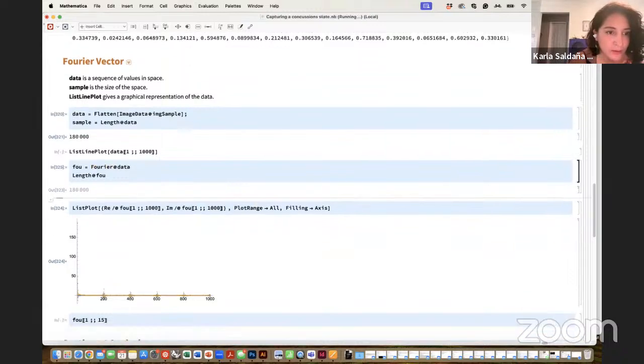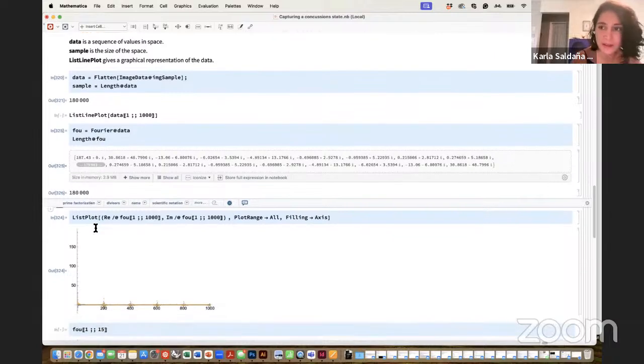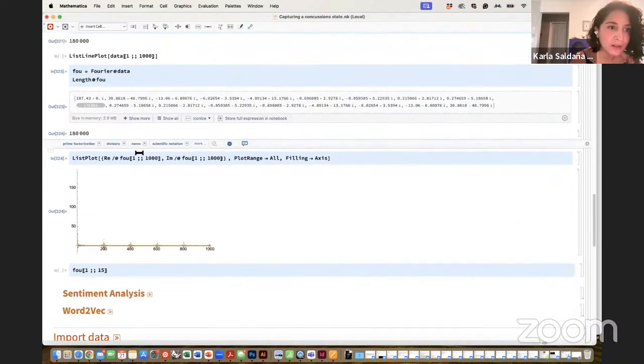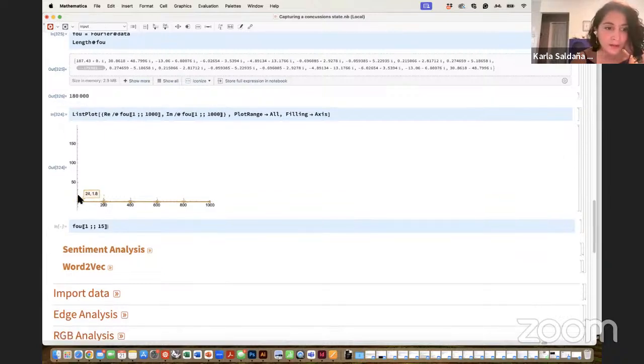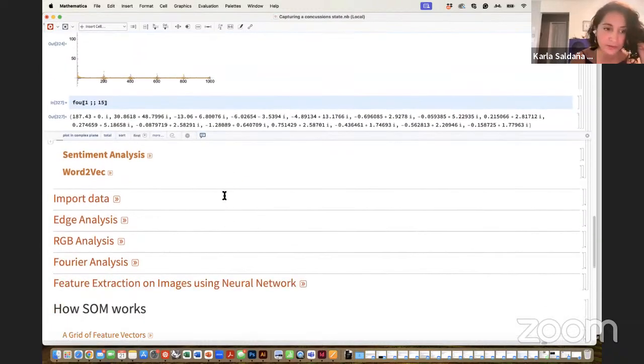Let me show you. It is a long list for one image of 180,000 dimensions. But because of the Fourier transform, we can synthesize our data, and we decided to only look at the part from the first until the 15th, and you see that now our data is much shorter.